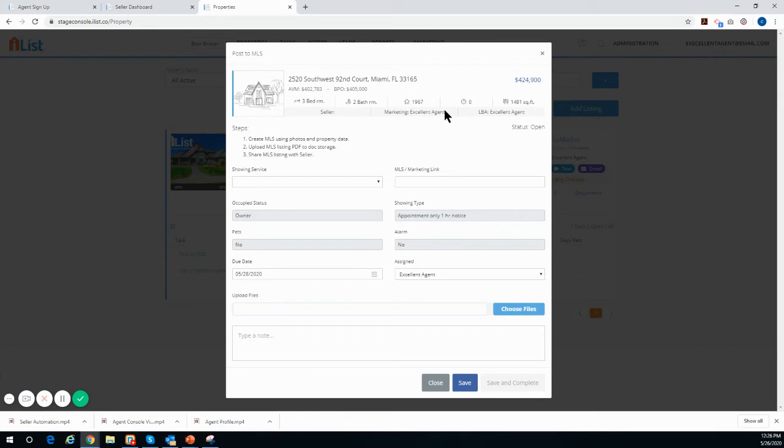MLS. Now, once again, I'm doing all these tasks really fast, back to back. Typically, they're spaced out either a few hours apart or a few days apart. I'm going to say my showing service is that. Here's a copy of my MLS link. I'm just putting a fake link in here. Normally, I actually go into the MLS and paste my link in. Or if you use some marketing sites, I'll go into that marketing site and copy the marketing URL and paste